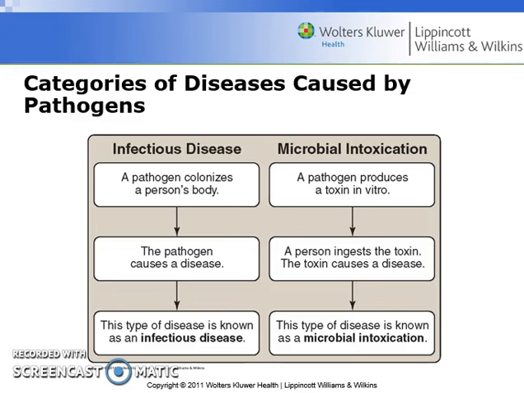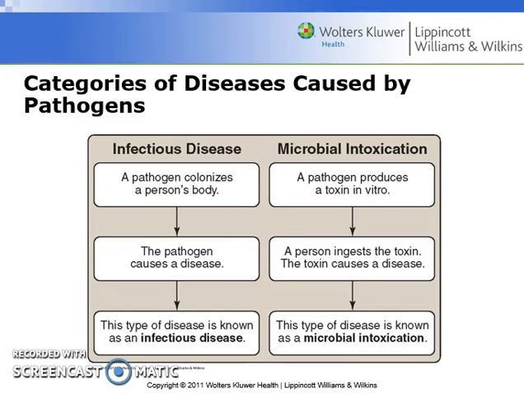So essentially what we have here is a toxin that has been produced in vitro, or produced outside of the body in some environmental structure. In this instance it would be that of a can, and when it's living in this particular environment, it will start to produce a toxin. A person that goes to eat some of the infected meat is going to ingest the toxin, and then that toxin will elicit the disease inside of the human body. Okay, so this is what we mean when we talk about microbial intoxication.